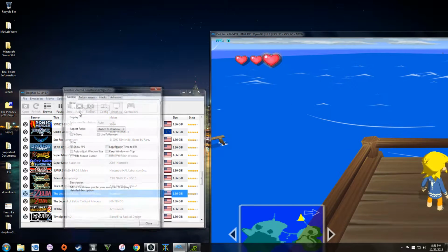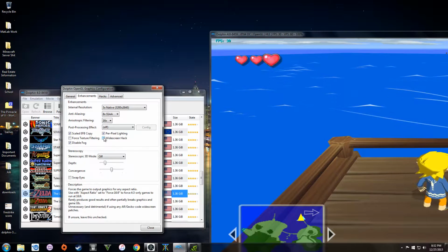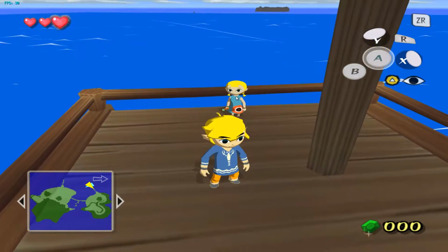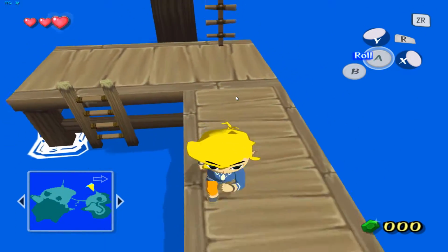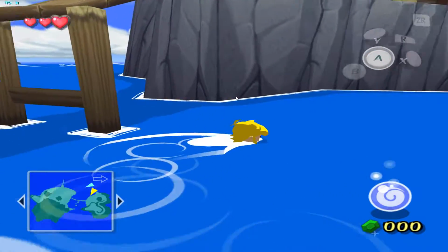These are controllers, graphics. If we go to graphics, enhancements, widescreen hack, we took that away. Now we hit exit out of that. Now we hit full screen, and here you are. Now you're playing Legend of Zelda Wind Waker by Nintendo for the GameCube in, I believe this is close to